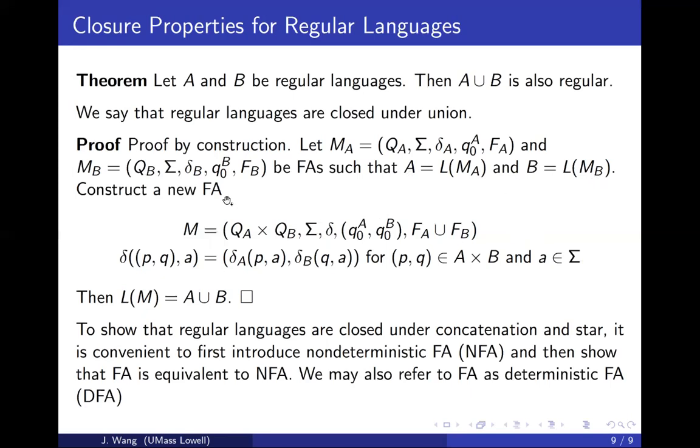Now we're going to construct a new FA. For the union, I am going to take the new states as the Cartesian product of these two states, QA and QB. Sigma is the same. Delta is the one I'm going to define. The initial state is the corresponding initial state. The final state, the accept state, will either